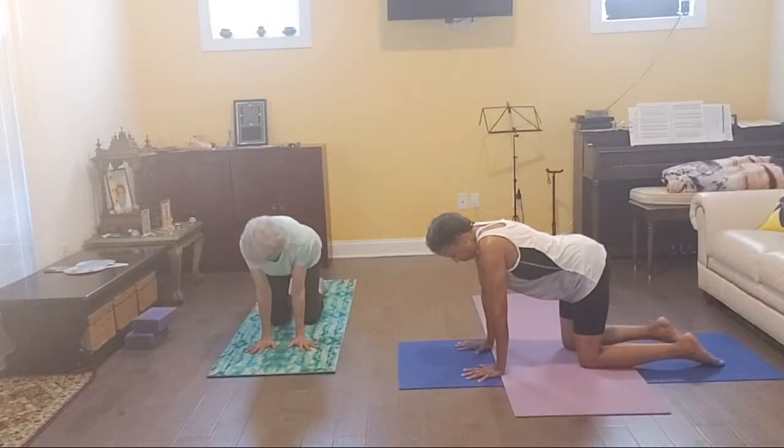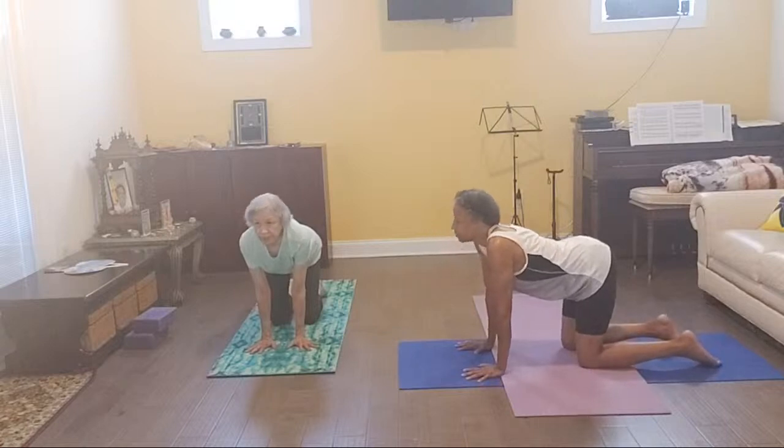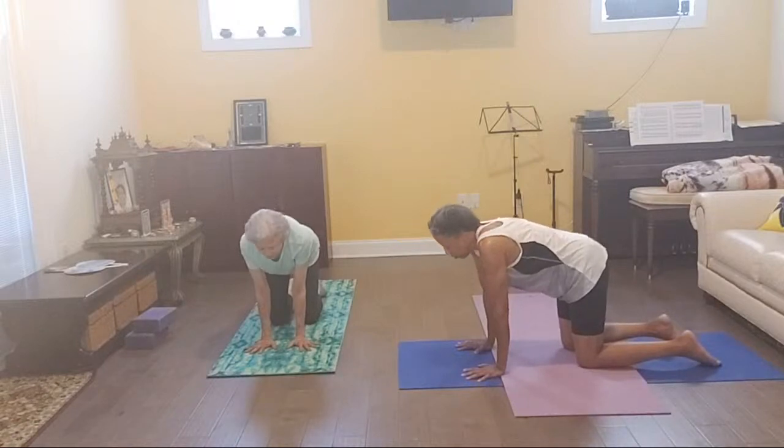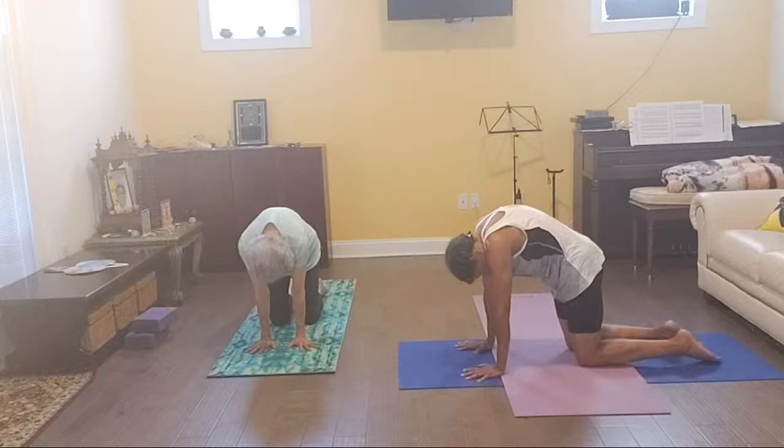Observe where the weight is on your palms. Try and evenly distribute the weight on the pads of all your fingers. Now take a deep breath, inhale, lift your head, lower your lower spine. And when you're ready, exhale, pull your navel in toward your spine, tighten your gluteals and push your upper spine